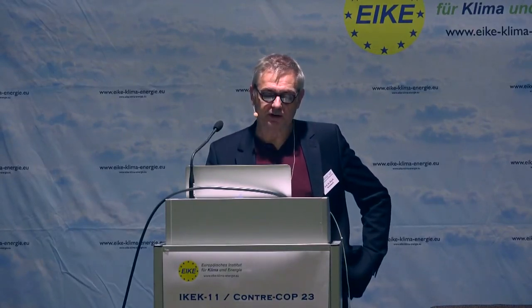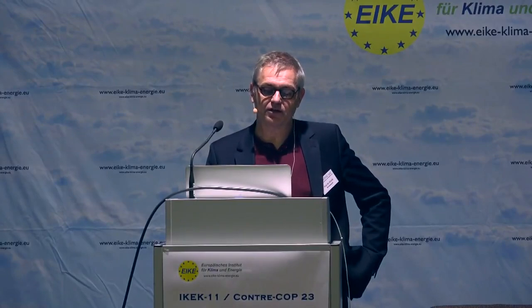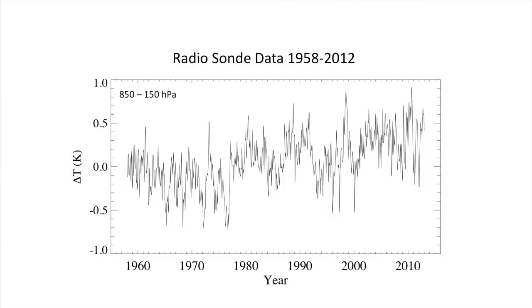We'd also talked about the present-day climate, and here you see the radiosonde data. This is from 1958 to 2012, and it is over a large part of the atmosphere. And you see there's a lot of variation in the data when you look at such short time scales. But what I wanted to do is just to show you that even in these data sets here, there's a very clear solar signal. Of course, we know that there's the El Nino, and we have the cooling after the El Nino.